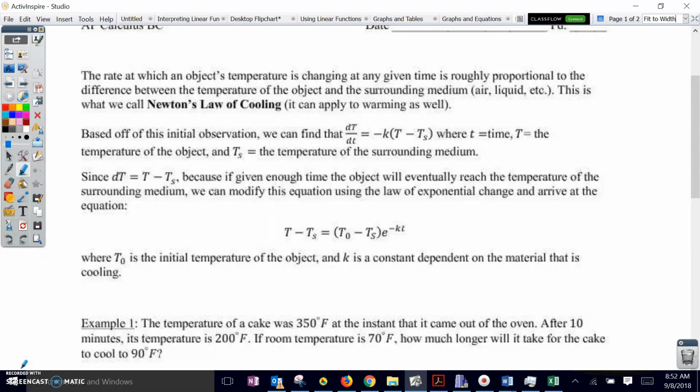All right, in this lesson we're going to look at more examples related to the exponential rate of change. And the first one that we're going to look at is what's known as Newton's law of cooling. Again, this is one of those that fits into that y equals y sub 0 e to the kt type models. The only difference here is that instead of having a single value for y representing population, y sub 0